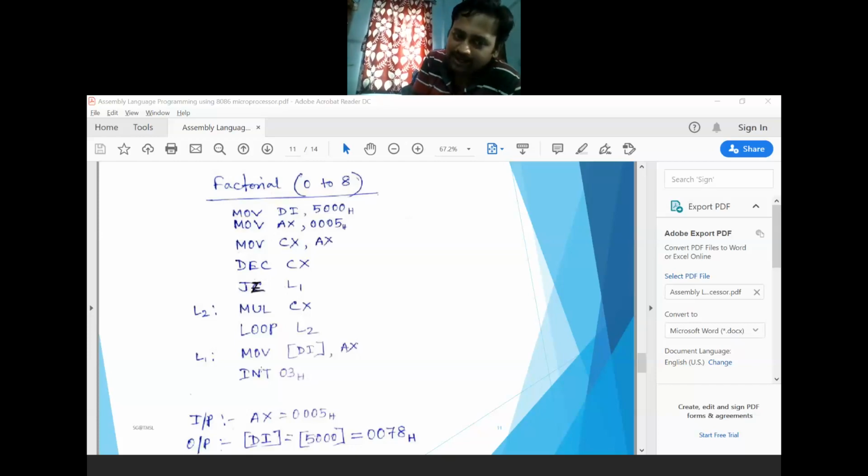It is not included in this slide, so you can write it in your own way: after this MOV [DI], AX, then ADD DI, 0002, then write MOV [DI], DX, then INT 03. Is it clear?